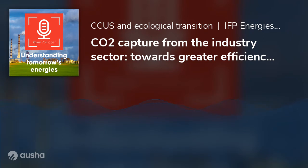DMX is a post-combustion CO2 capture technology. This means that it allows CO2 to be separated from an industrial gas or a flue gas. The principle is simple: bring a gas or flue gas containing CO2 in contact with a liquid, in our case, the DMX solvent. Thanks to the strong affinity between CO2 and liquid, the CO2 will pass from the gaseous phase to the liquid phase. Then, thanks to the action of temperature, the CO2 will be released from the liquid phase